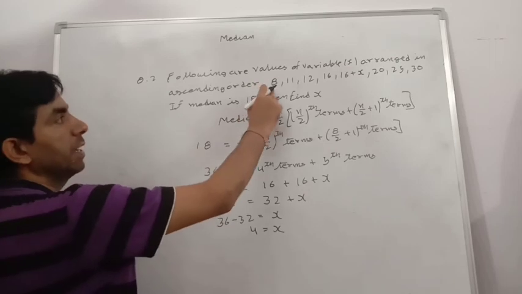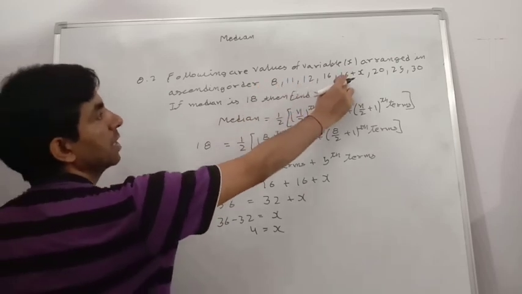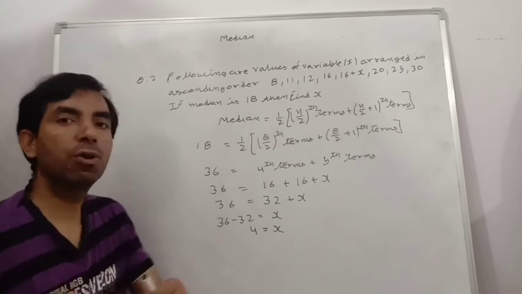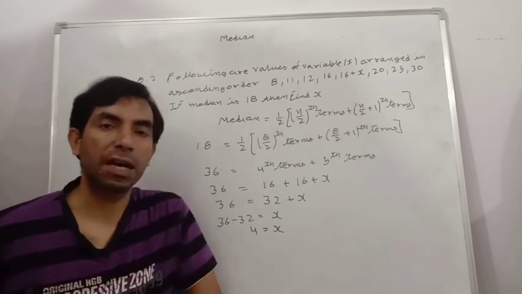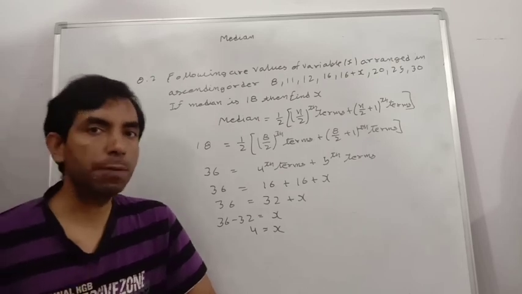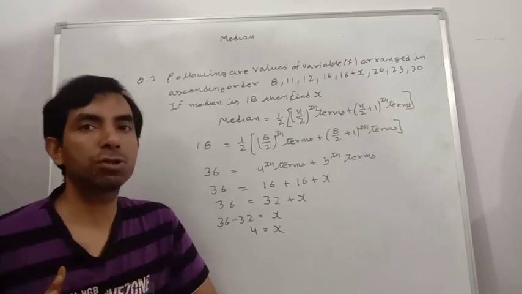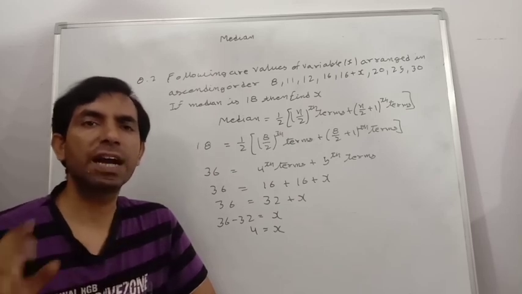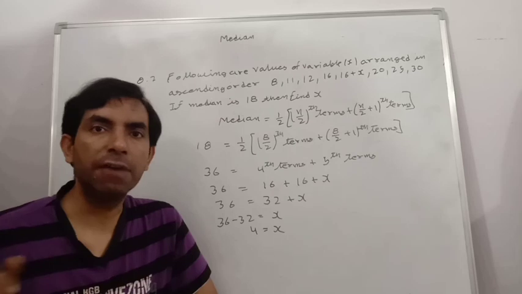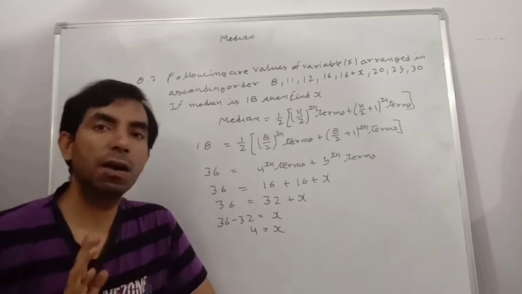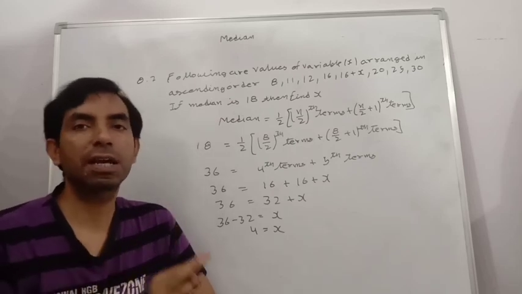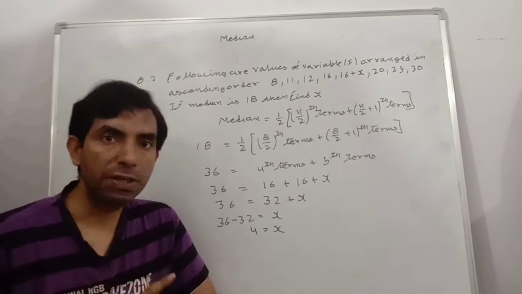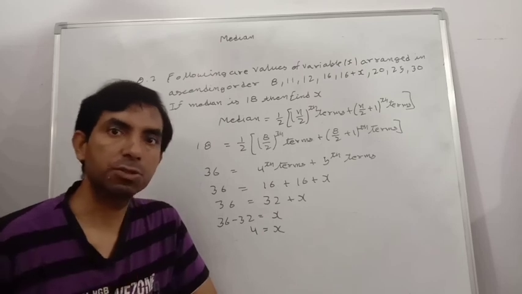So our data is 8, 11, 12, 16 and 16 plus 4 is 20. So we can calculate the unknown variable in our data if the median is given. Always remember that in any question, if median, mode, volume, area, anything is given which has a formula, then use the formula. By this method we can calculate any unknown part. Generally, not always, but generally we can find the solution.